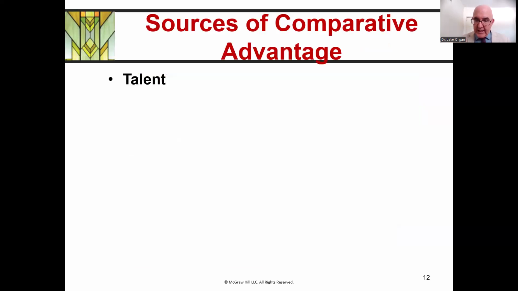Now, just lastly for this week, we're going to look at why people have comparative advantage. Now, one of them is talent. Ultimately, some people are just better at certain things than others. And that's just the way people are born. But there's also the natural resources. If you're in an area where you have particular natural resources, you're going to be good at something, and especially when it comes to countries,